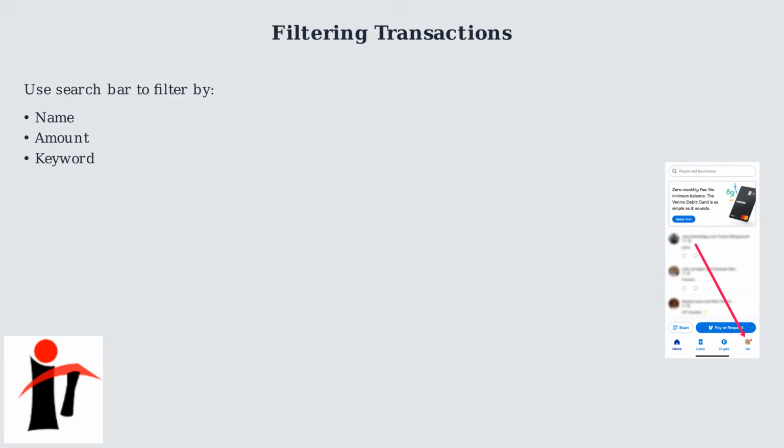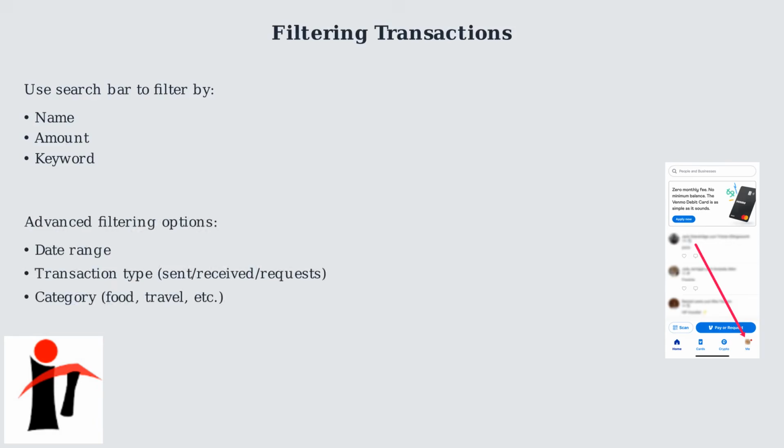Venmo provides tools to easily filter and download your transaction history. To filter, use the search bar to find specific transactions by name, amount, or keyword. For more advanced filtering, you can filter by date range, transaction type such as sent, received, or requests, or category